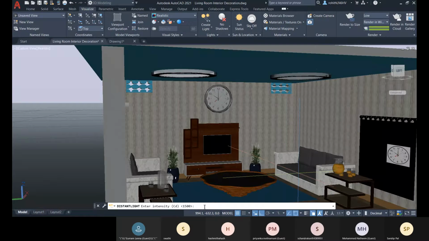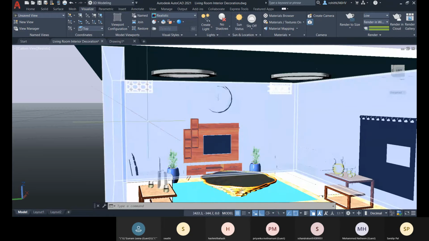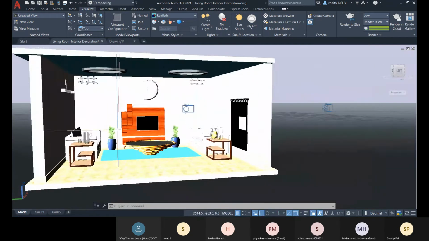About the photometry and intensity, let me give it 8000. Enter, go for exit and exit. So we can see we are getting the result. We are getting the result, but it is